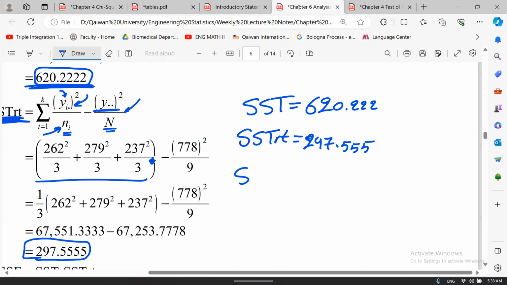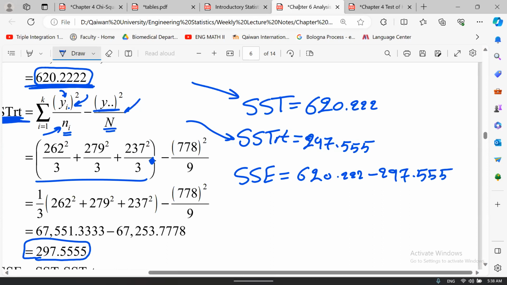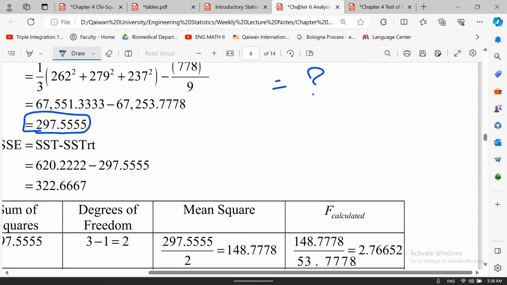How about SSE? SSE is the total sum minus the total sum at levels. This is the total sum at levels and the total sum. Bigger one minus smaller one, which is 620.222 minus 297.55. You get a value which is 322.6667. We now have these three things: